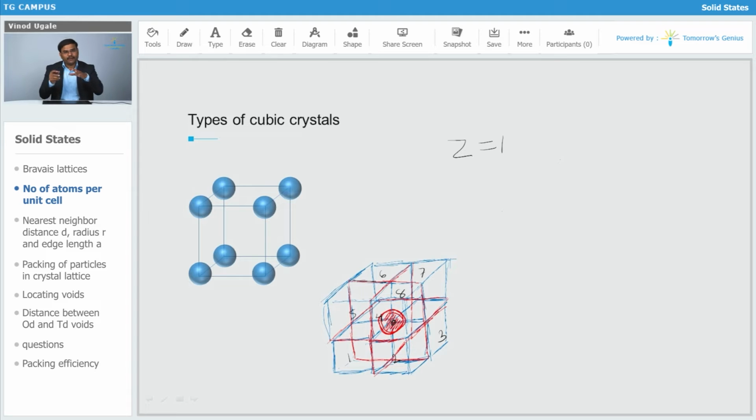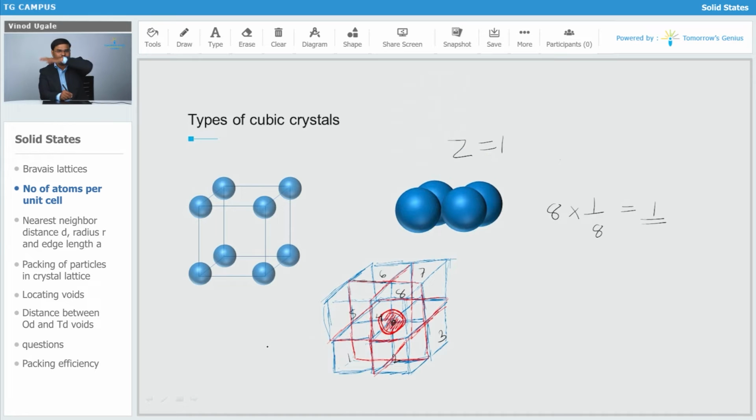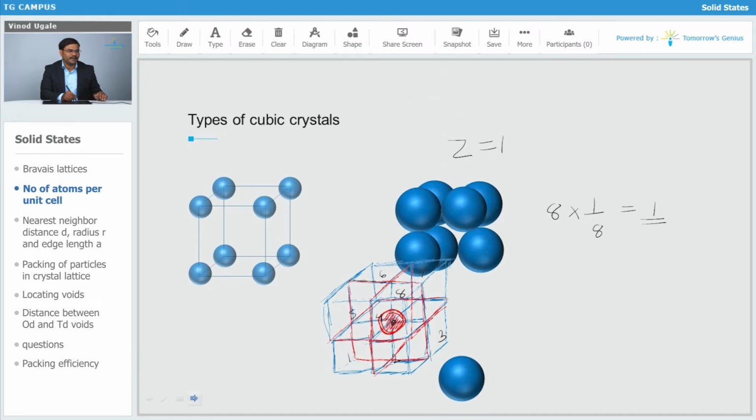Okay, how they are going to have the cut, that cut also I explained to you in this manner, and one will be horizontal in red lines, that you can see those cuts. So at 8 corners, the contribution of one constituent particle at each corner is 1 by 8. Therefore we are going to get one atom. I already told you how its structure is going to be. This is one of the corner particles, this is another. Okay, this is the one above we have made, and these are the 4 corner particles from the below side. So that's how it is going to be in real.